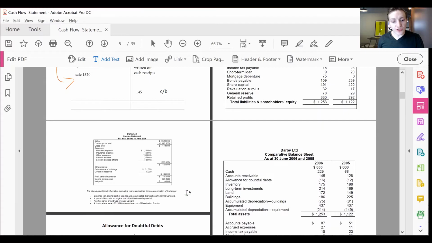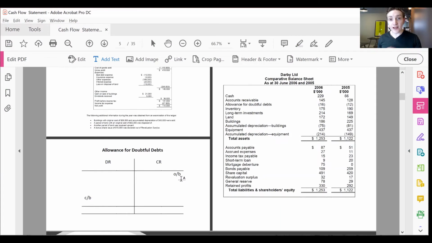So if we start going through to the allowance for doubtful debts, we can now look at the T account for it. So the opening balance for the allowance for doubtful debts is 12, and the closing balance ends up being 16. Now, in terms of things that increase our allowance for doubtful debts, that's effectively going to be things to do with bad debts expense,